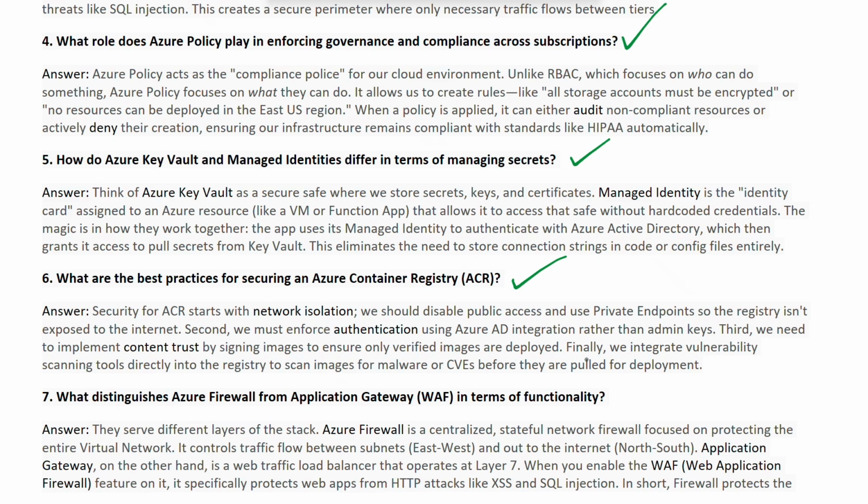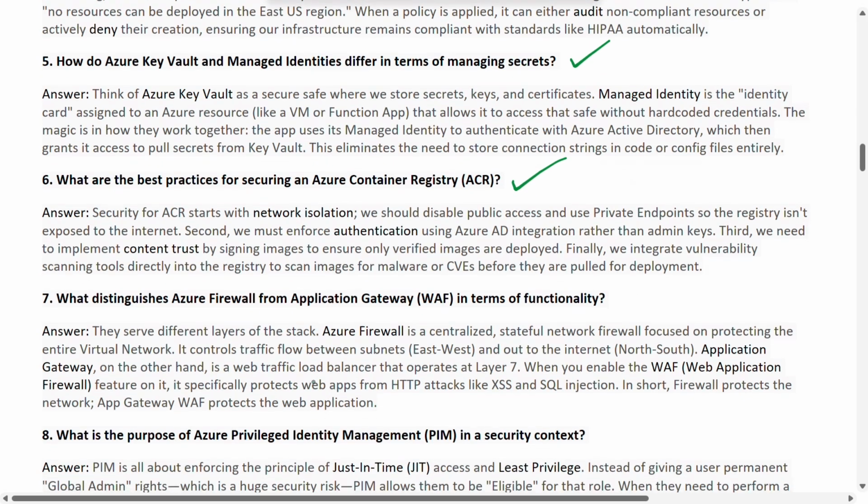And finally, we integrate vulnerability scanning tools, which will scan the registries for image vulnerabilities or malware before they are pulled for deployment. You can consider tools like Trivy, Snyk, or Twistlock, those kinds of tools.